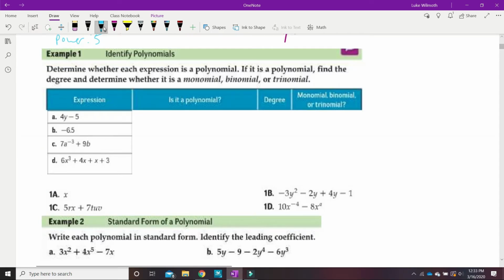So let's try the next problem. It says here, determine whether each expression is a polynomial. If it is a polynomial, find the degree, and then determine if it's a monomial, binomial, or trinomial. So let's see here. This first one, is it a polynomial? So all I'm looking for, it said,